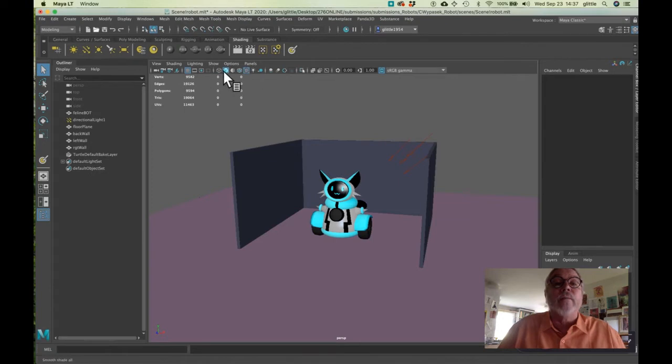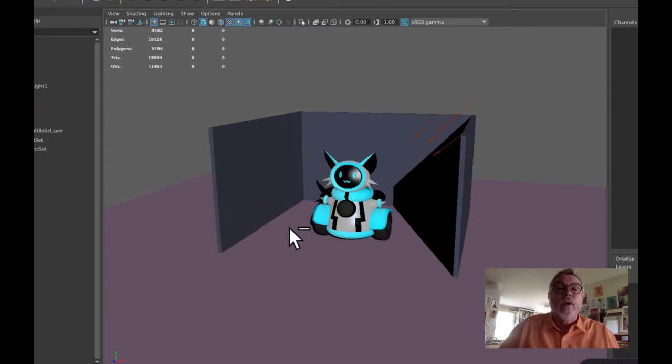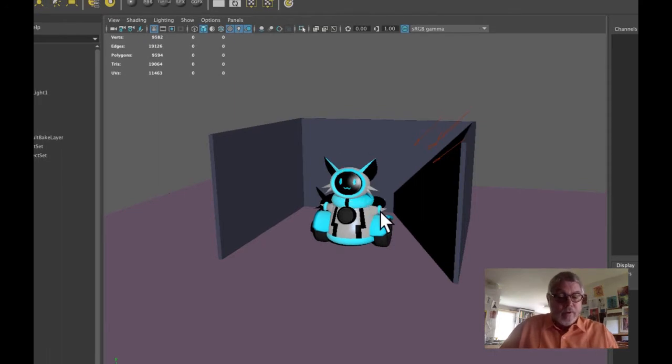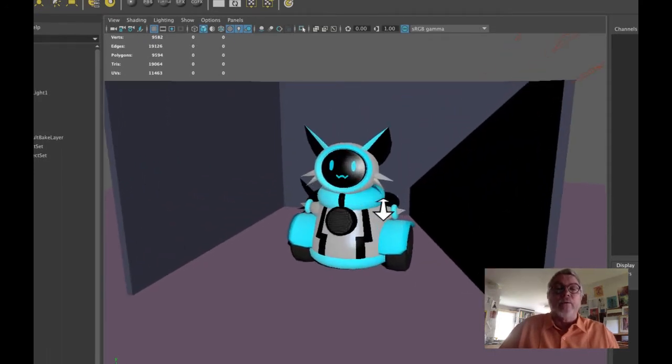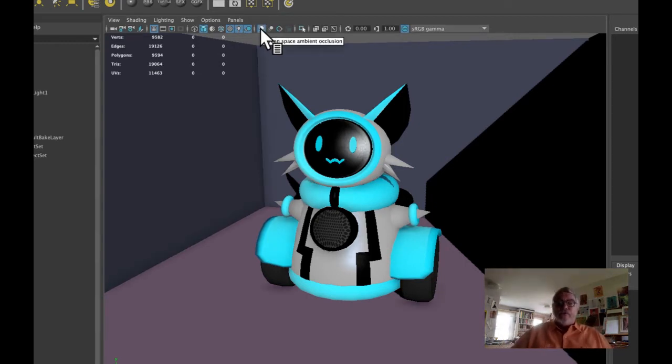So if I turn back on my lighting up here, so I turn my light on, a single light, and I turn on cast shadows, and I can turn on ambient occlusion. You probably wonder what that is, and that would be a very good question. Let's zoom ourselves in a little bit here. So now watch in these corners here. When we turn on ambient occlusion, it tries to simulate